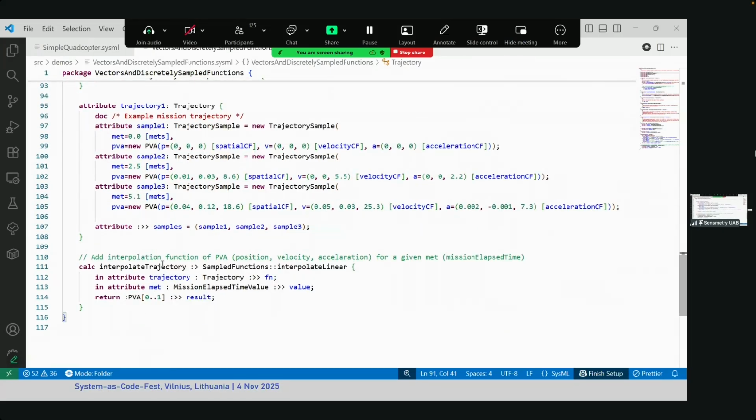And you can also even use the linear interpolation function in order to later on calculate intermediate positions and velocities and accelerations by doing linear interpolation with respect to the time axis or the time series. So just to show what kind of things are possible in relatively readable textual notation,